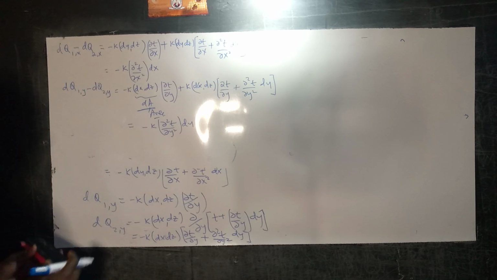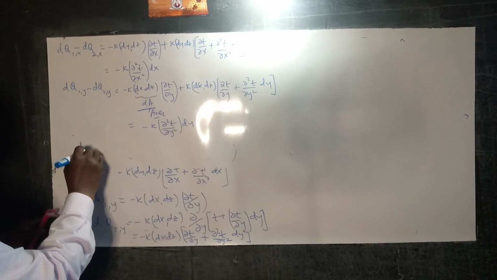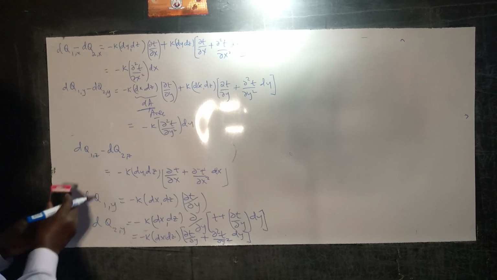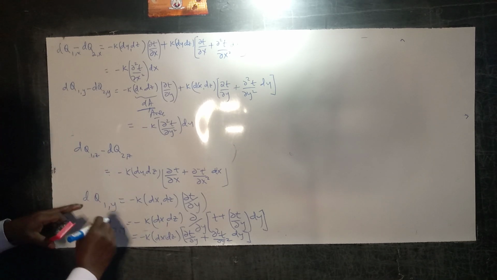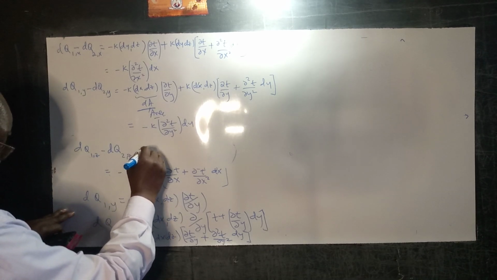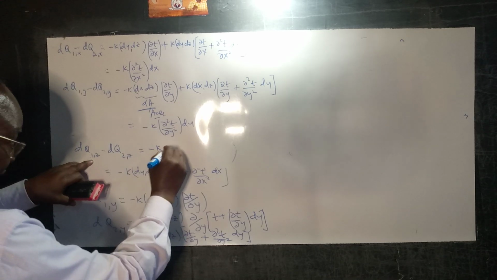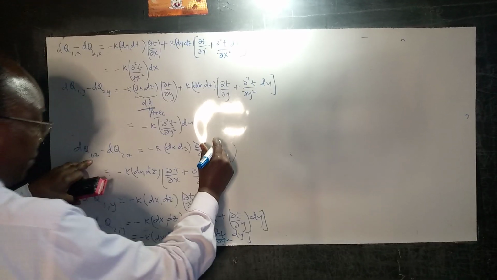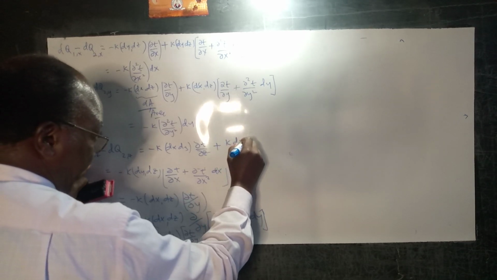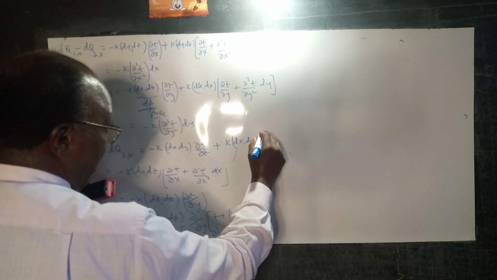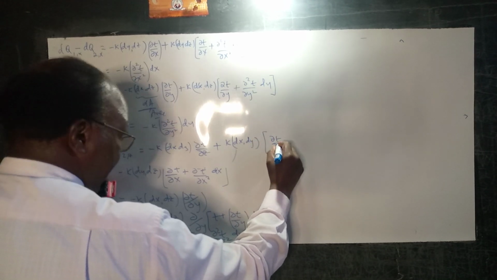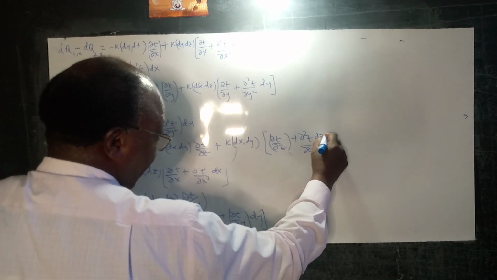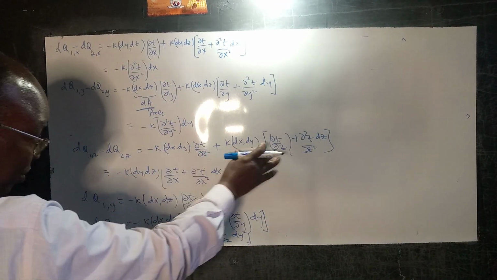The last one will be for z, which we have unfortunately already erased. So dq1z minus dq2z will be minus k dx dy del t del z plus k dx dy into del t del z plus del squared t del z squared dz. And of course again that will cancel that, and we'll be